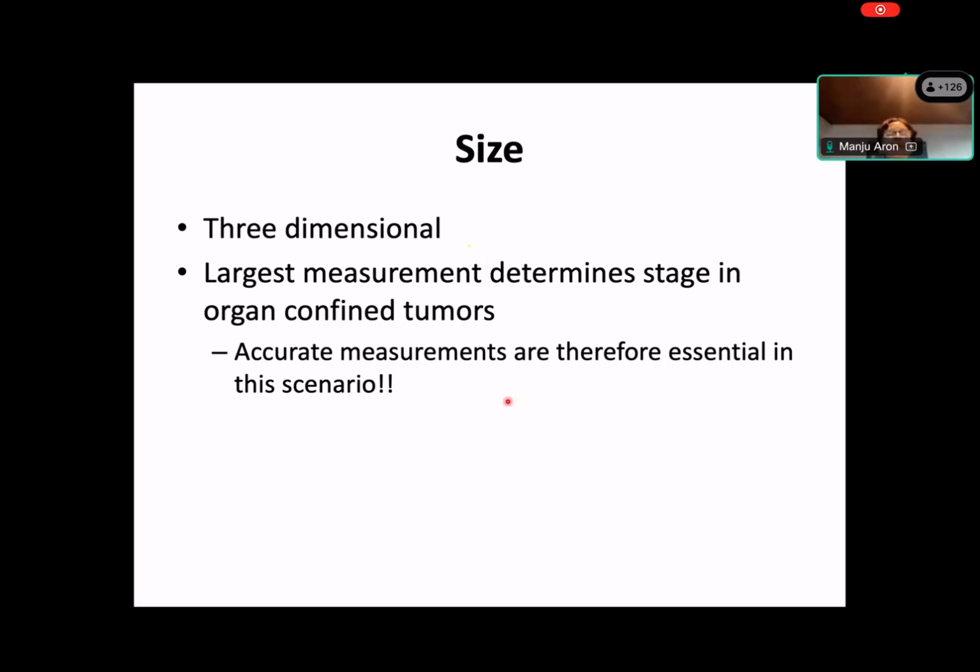And okay, so awesome. So let's go on to the size. I hope you guys could see, and really the previous slides were just to show you how important it is to document the relationship of the tumor to the various adjacent organs, the perinephric fat, renal sinus, and also the collecting system. Okay, so let's go on to the size.